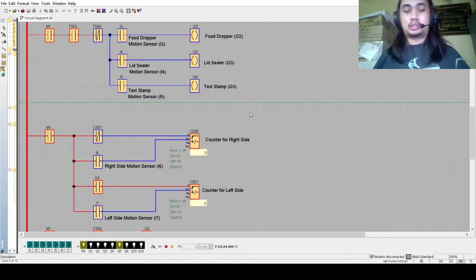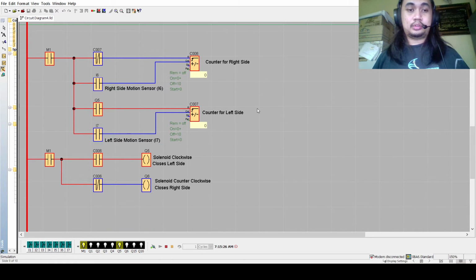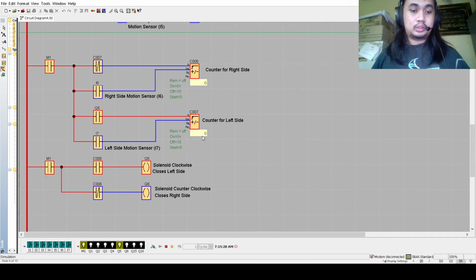Okay, so next is the solenoid at the very end. How it works is that I set it to 10 cans per side. Since I6 controls the right side and I7 controls the left, I6, okay, just set it all the way to 10. Once it reaches 10, observe Q5, 10, and then it switches to 6, meaning that it switches sides, and now the cans are heading to the